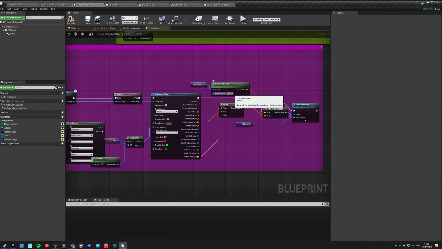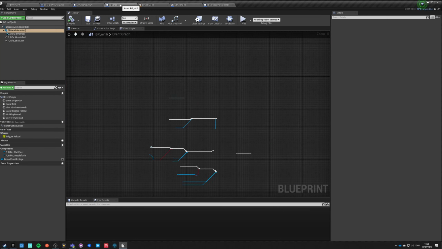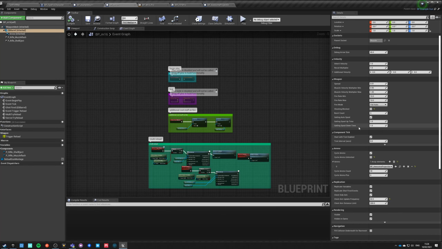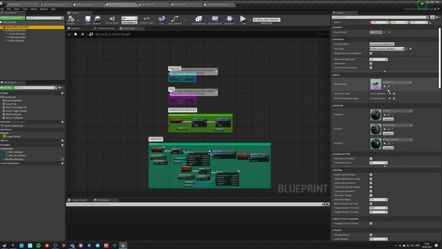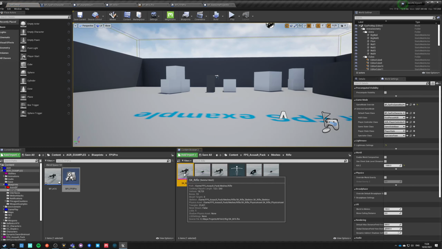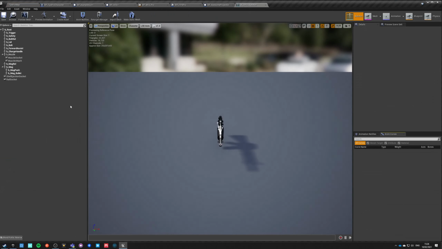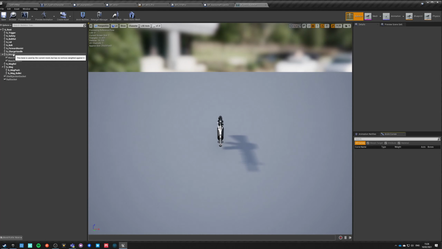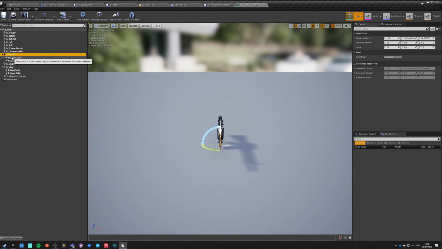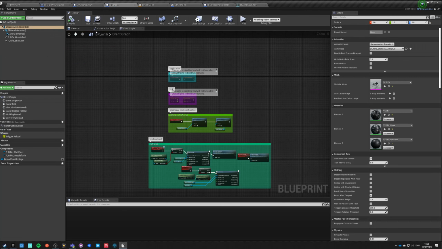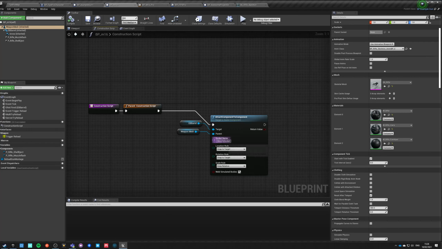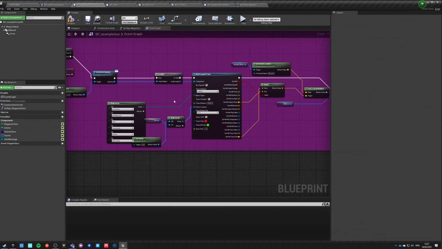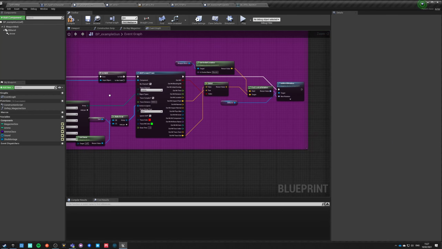Okay, so we're getting the socket muzzle, and what's the actual socket on here? Let's check, because that's probably the problem. So this is the skeleton, and do we have muzzle? We have B muzzle, but the actual socket that we are attached to with our gun is called muzzle socket. So what we need is, in our example gun, to make this socket